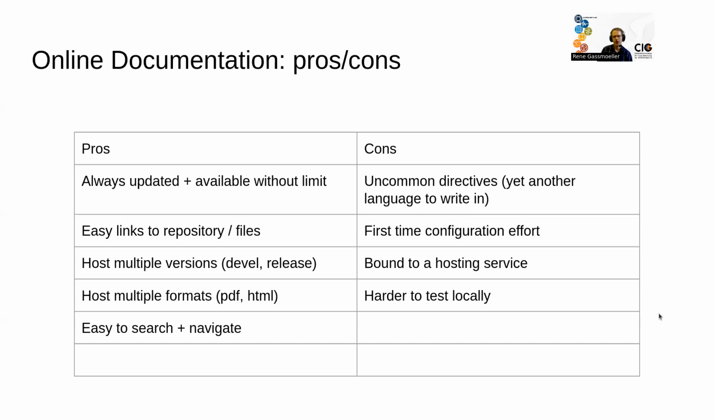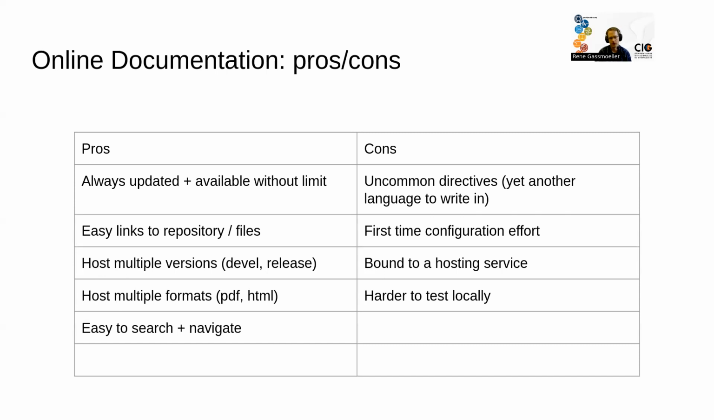The online documentation has the advantage that, like I already said, it's always updated and it's always available. You can easily link to the repository or files. So you can include a link in your documentation that says, we have an example case that discusses this or that application, and make that a link that directly links to the files. It's possible to do that in PDFs, of course, as well. It feels more natural if you are already in a browser and then click on a link and get to that other page. I mentioned you can host multiple versions, you can host multiple formats, and it's very easy to